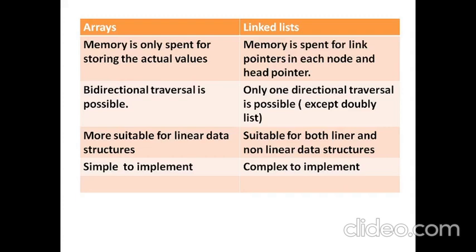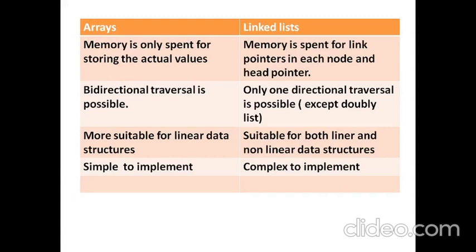Bidirectional traversal is possible in an array because base address plus one means you can go to the first element, and you can also do it in the reverse way. So you can either move from first to last or from last to first. Just with the help of the index of an array, you can increment the index from 0, which means you are traversing in one direction, and you decrement the index from the highest index towards 0, which means you can traverse in the opposite direction.